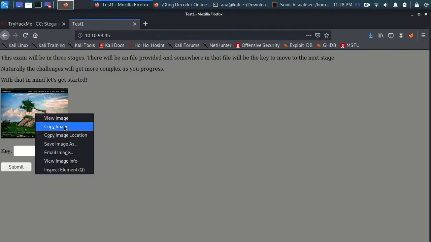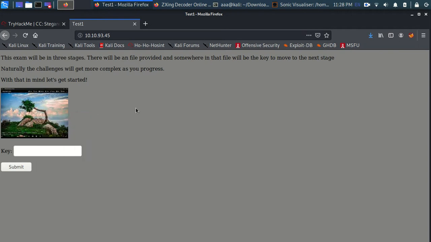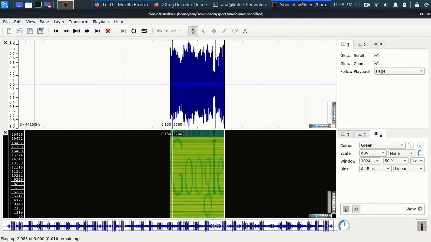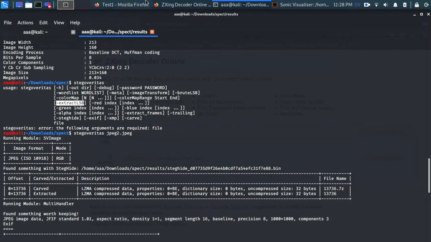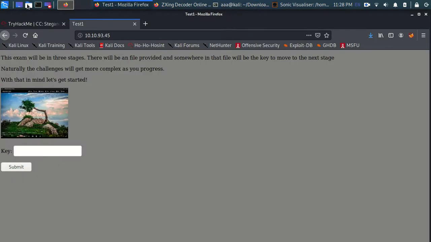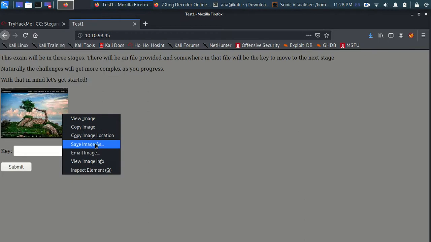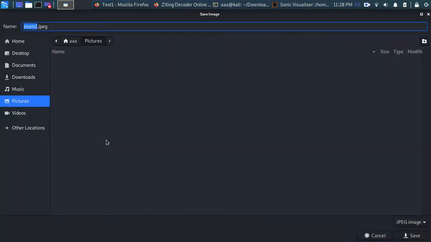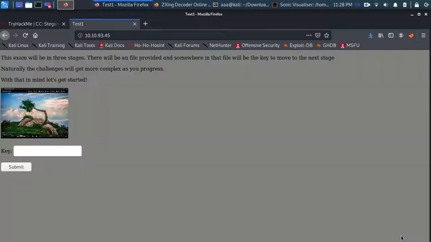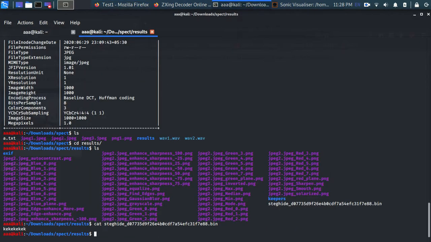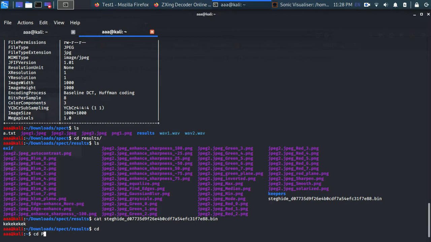So actually I have this image which is already downloaded with me. Okay, just download the image, fine. Let's save as, and let's save it, and the name is exam1 and it is in pictures. So let's go to cd pictures, ls, and this is our image.